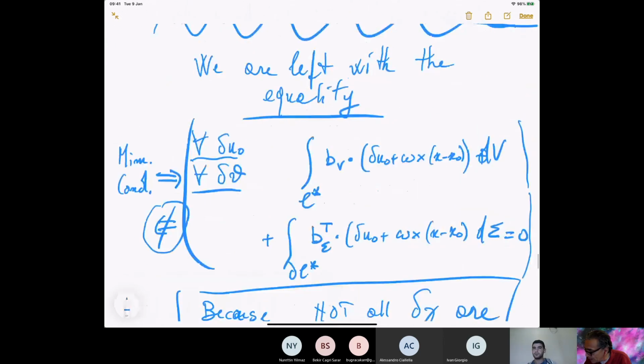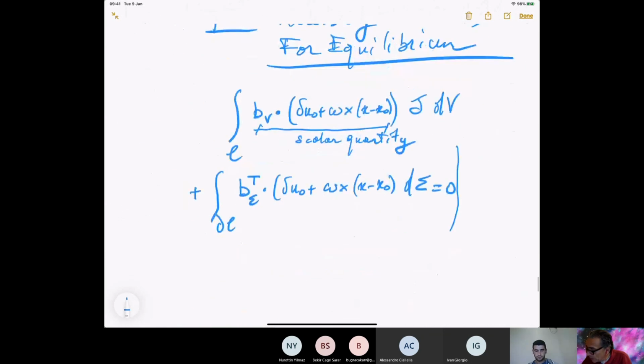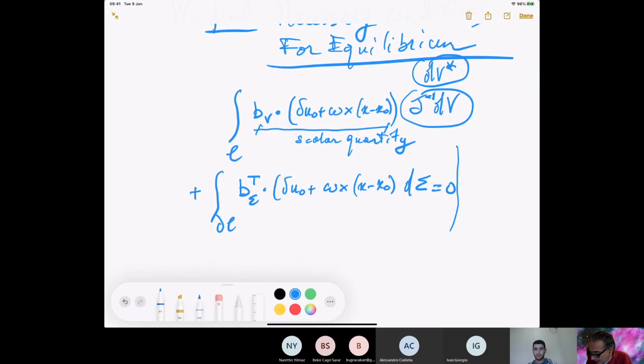I had to place here the star and the sigma star. Okay. So dv star in the reference configuration is equal to J dv, J minus 1 dv. You change the variable and you need a Jacobian determinant. And here